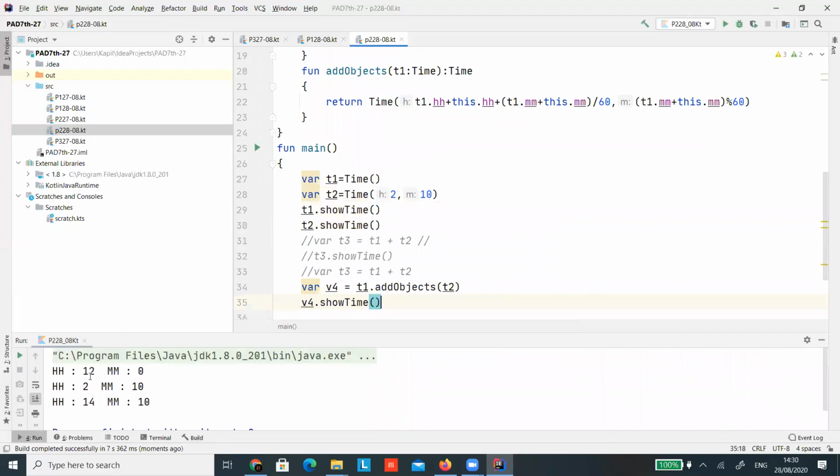Yeah, you can see this: 12 plus 2 is 14, and 0 plus 10 is 10, so 14:10... Even we can have some values like 10 comma 56, so that the modulo and divide should have a chance to work.